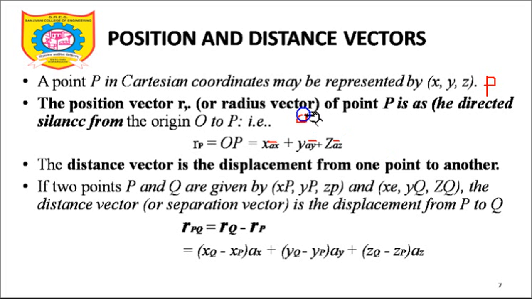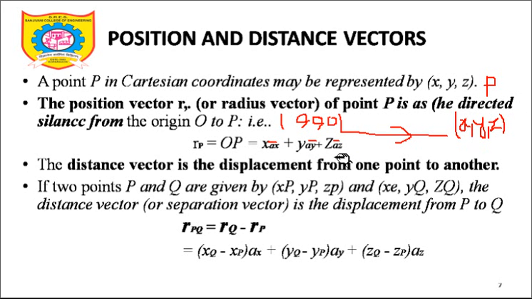So let's say I have a point 0 0 0, this is the origin, this is one point, and another point with the coordinates x comma y comma z. Now if I draw a line joining these two points, and it's not a straight line, and someone asks what is the position vector, it is x minus 0 ax bar, y minus 0 ay bar, z minus 0 az bar.